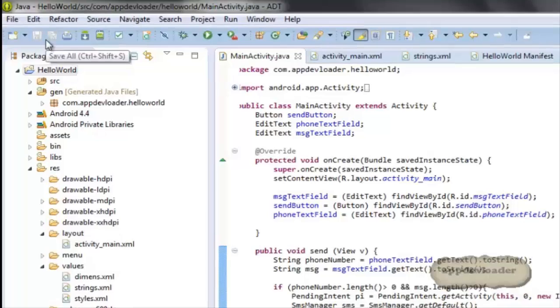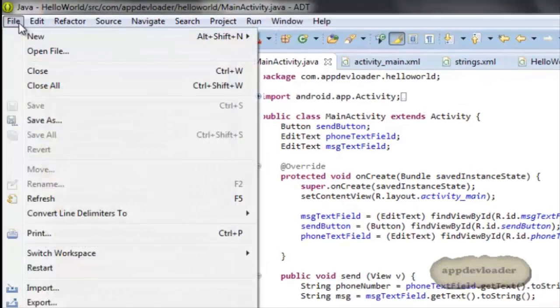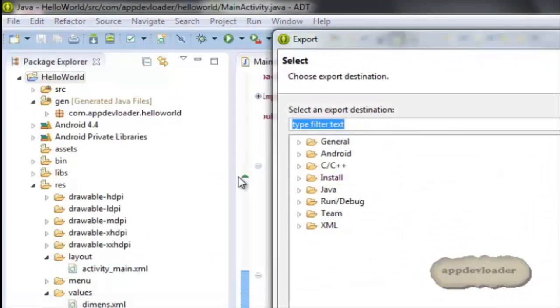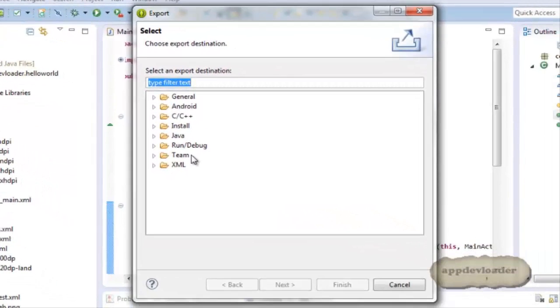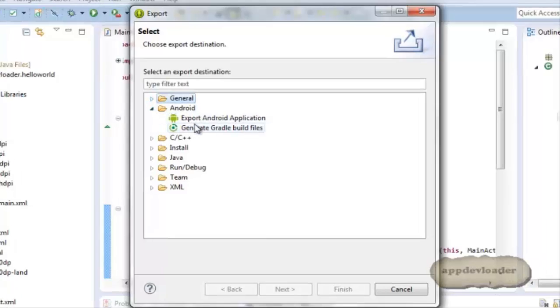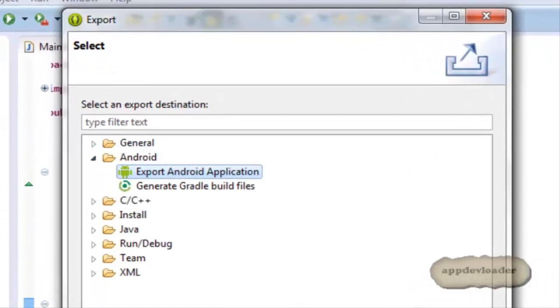To export, to package your application, go to File, Export. So here it's asking you for the option of exporting your application. You click on Android, then export Android application, export it as an Android application. Then next,